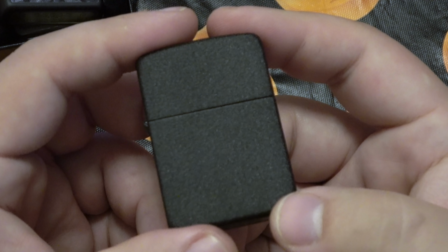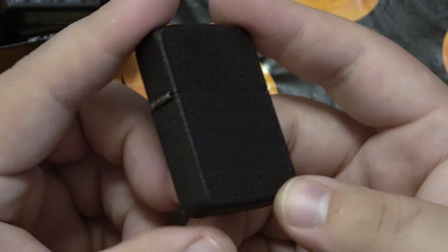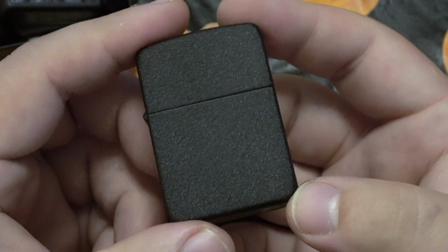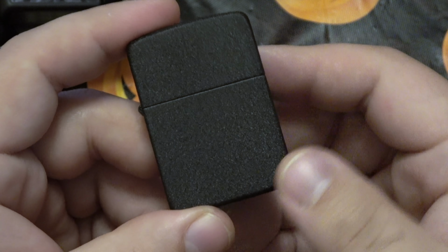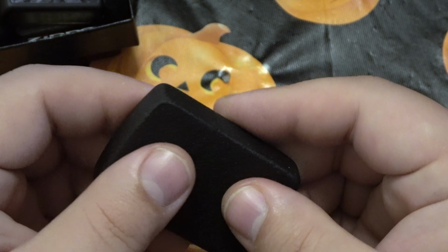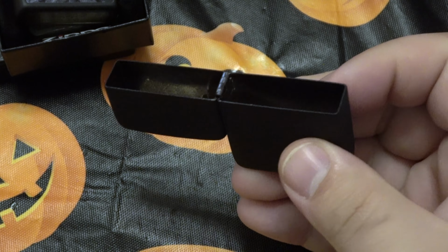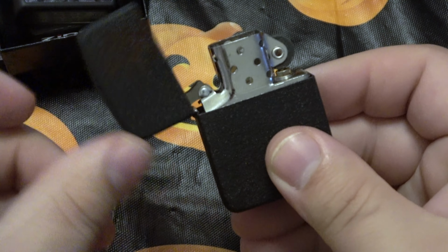You'll definitely find a lot of fakes when people are trying to sell those Black Crackles. They'll buy something like this, some Chinese company or some random person that wants to scam people. They'll buy a replica and they'll rough it up. They'll beat it up and try to make it look real and everything. They'll get rid of these markings, the actual year and month rather. And they'll put a lot of time and effort into making this look like one of the original ones. They'll take an old insert, because obviously the insert's totally different. They'll put an old insert in there that's all beat up and dented, you know,